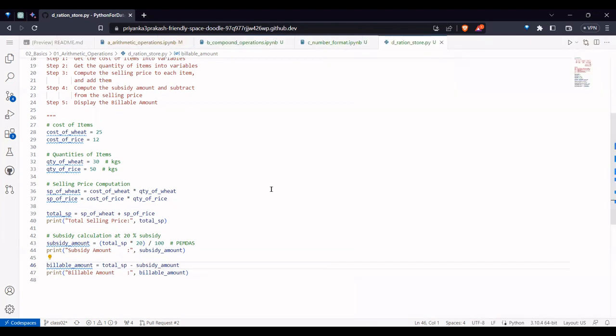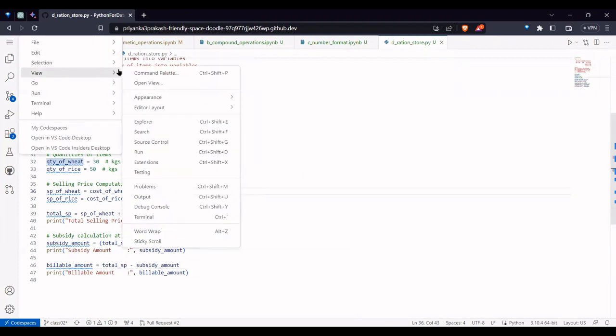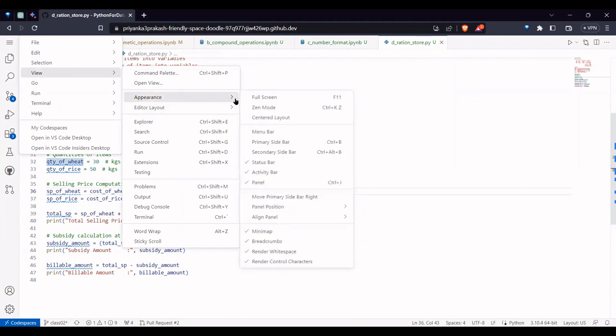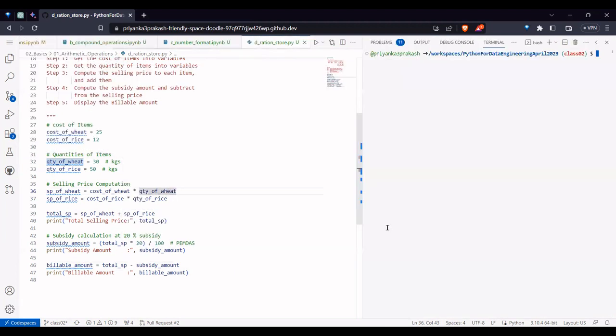So if you just close the terminal and if you create in the file, so view, so in the appearance, if I say panel position, by default it will be bottom. If I do right, it will be in the right side. So if you come here, we can go to this directory where this particular file is and do it,